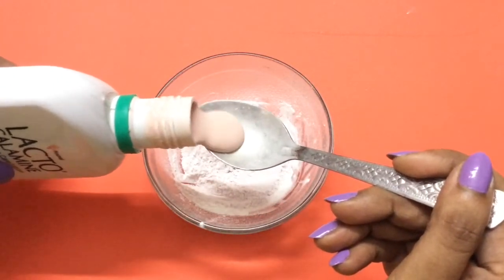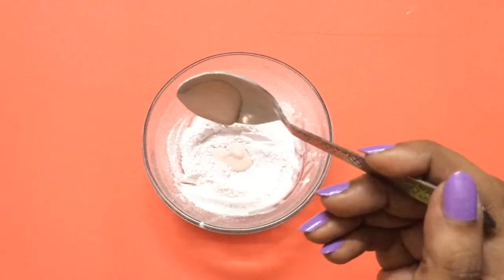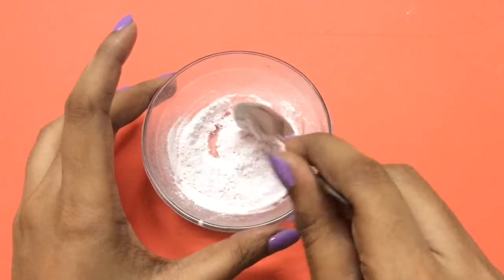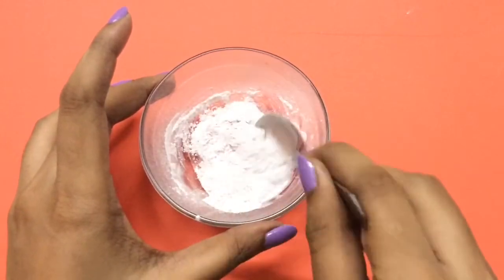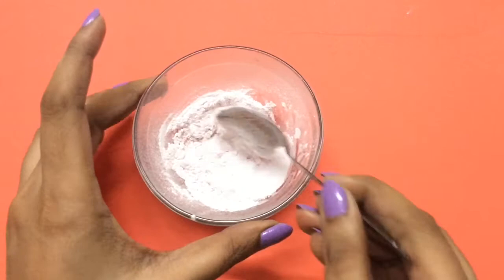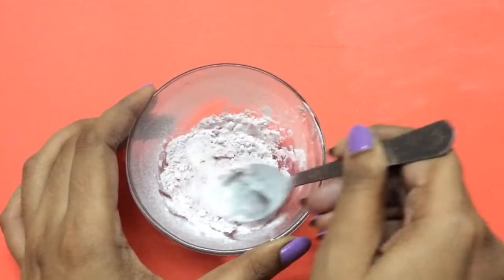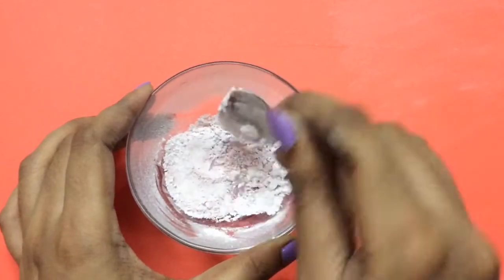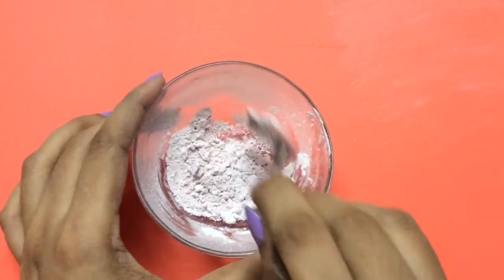Next, add some calamine lotion, only half a spoon of this. If you add more calamine lotion, then your compact powder doesn't rise. So mix it once. After mixing it nicely,